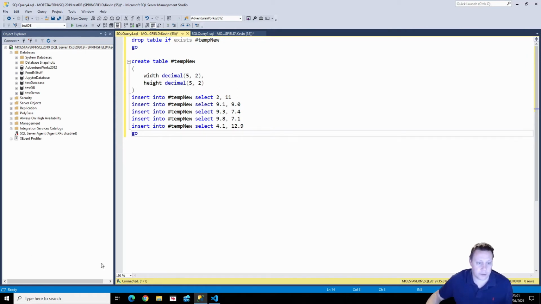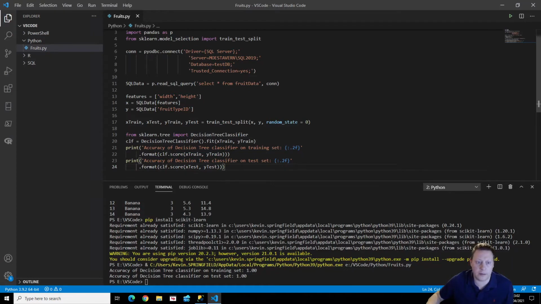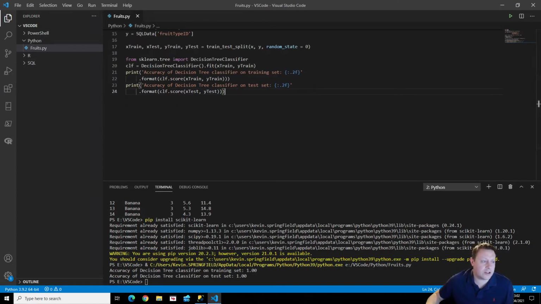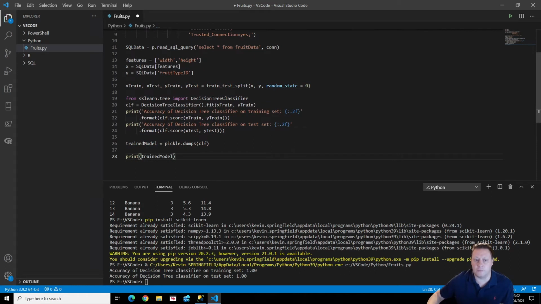Okay, so going back to our Python, let's pull that back to the start. There we go. We can actually turn our classifier model, so if you remember, this was the model we created. This is our model. And what we're going to do is use pickle, and pickle can basically just dump out this model into an object. Now this object is just a data dump. It'll come out on screen a bit like a varchar-y type string, but